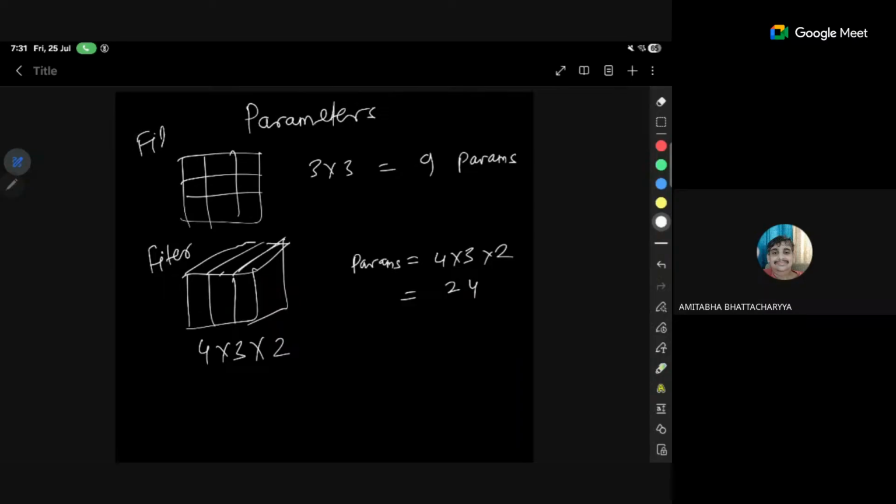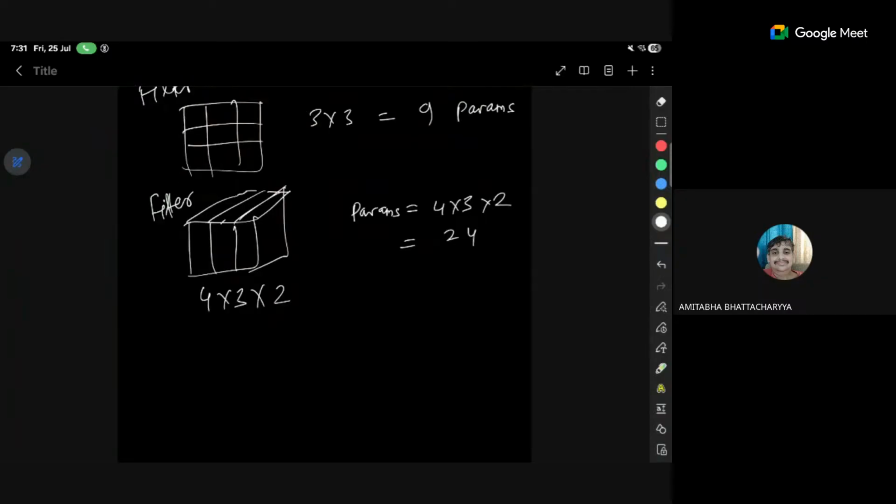Sir, is the number of parameters in the filter also dependent on the input depth? Depth is 2, no? So I am adding 4 into 3 into 2 with the filter size. Now if it is applied on 100 into 100 into 3 images, then the size will be 72, no? We will go there, but